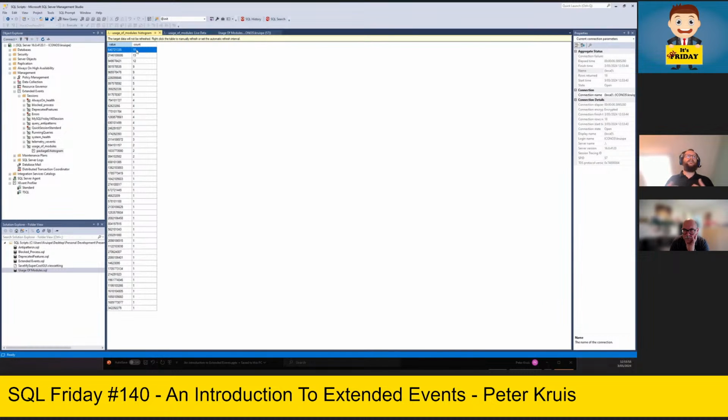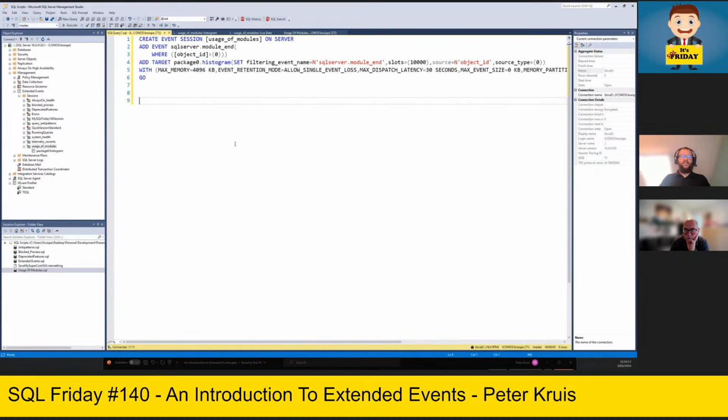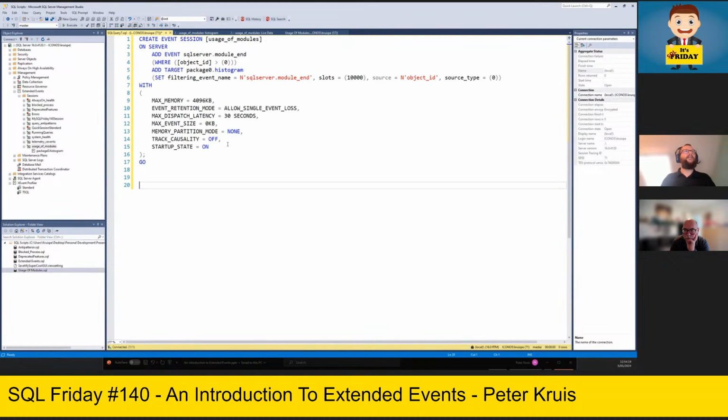So if you want to know which stored procedures aren't being used anymore, so you might be able to remove them, or better, rename them first, remove them afterwards, then you might be using this kind of thing for your histogram.